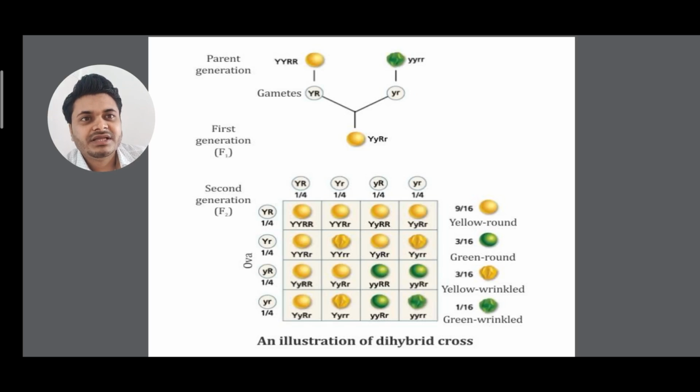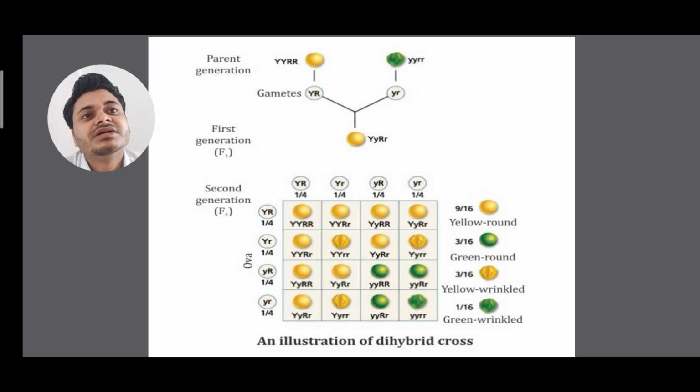So we know from Mendel's law that when the parents, like one is male, another is female, in the parental generation, when gametes will be produced, it will be haploid, isn't it? So from capital Y, capital Y and capital R, capital R, two gametes will come out, that is one capital Y and one capital R. And from small y, small r, one small y and small r will come, and it will form a recombinant variety in F1 hybrid. You can see capital Y, small y, capital R and small r. You can write it reverse also, capital R, small r, capital Y and small y. Clear? Anyway you can write.